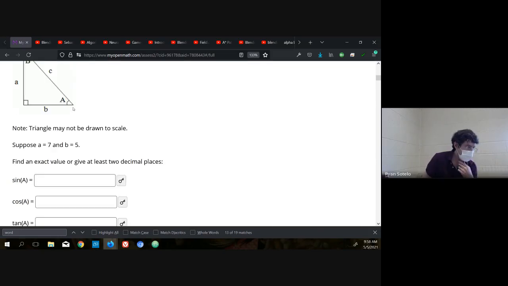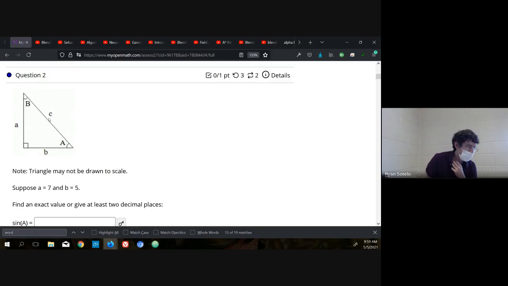So here we go. So we have A is equal to 7. B is equal to 5. All right, so we want an exact answer or at least 2 decimal places. So I need to find the hypotenuse. So if my 2 legs are 7 and 5, I have 2 legs, I need a third, so I need a relationship that connects 3 sides. So that's going to be the Pythagorean theorem. So 7 squared plus 5 squared is 74. The square root of 74 is